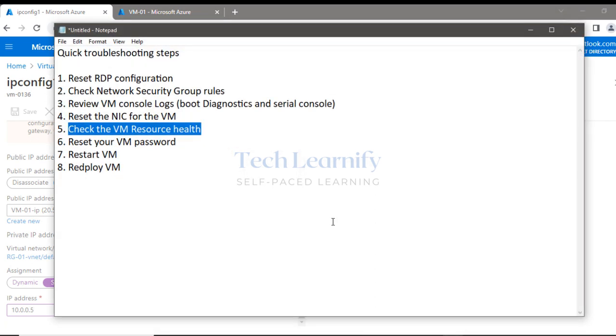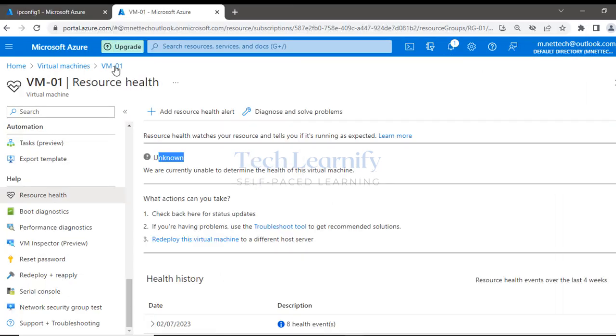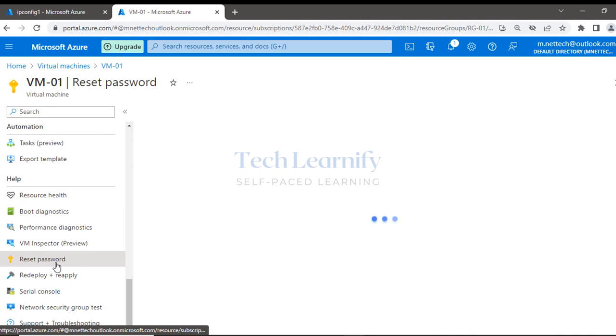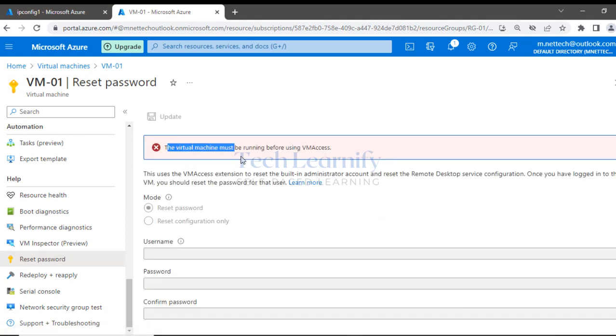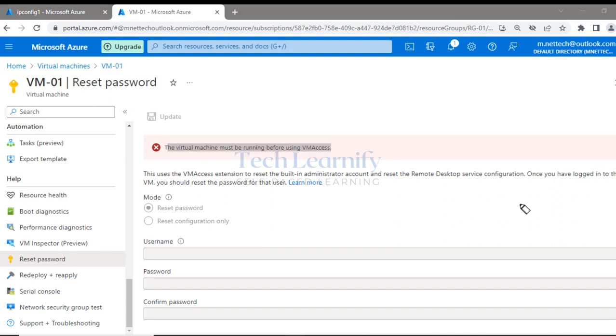and then next, reset user credential. In case you want to reset, sometimes even this solves the problem. So you can reset user credentials from the same page. Remember, in the first step we reset the RDP configuration. On the same page, we get the option to reset the VM password as well. So we can go here and we have this option, reset password. The virtual machine must be running before Windows VM access. Yes, we know that it's still booting up, but from here we can perform both. So in case you want to do a password reset or you want to reset config only, we perform both from here, reset password,